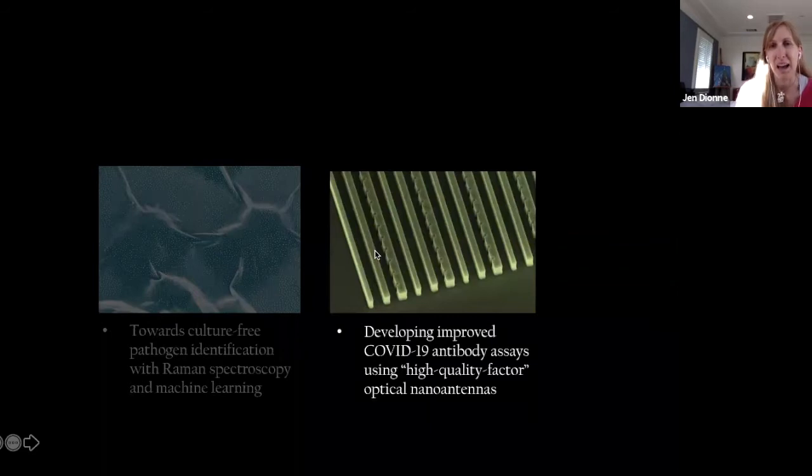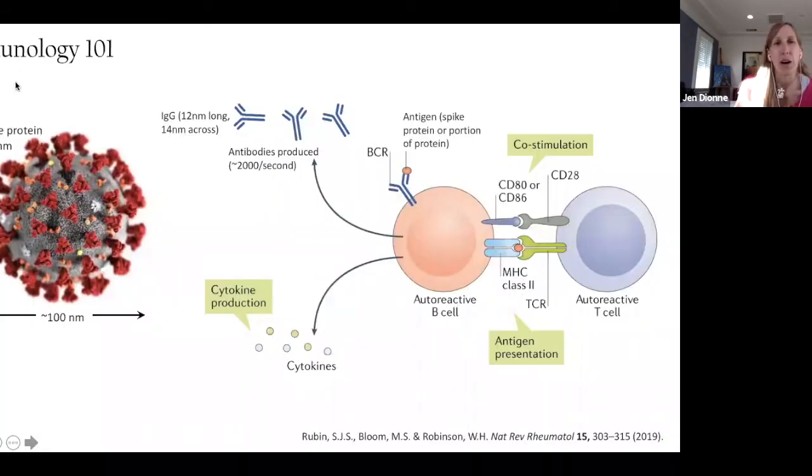So I want to discuss how we're taking some of our nanoantennas and using them for COVID diagnostics. So a quick overview of immunology. Many of you have seen the COVID virus everywhere on the news. It's roughly 100 nanometers across. It has a variety of these spike proteins on the surface, which are about 10 nanometers long. And when the virus enters your body, some of the antigens or some portions of the spike protein will leak off. And those antigens